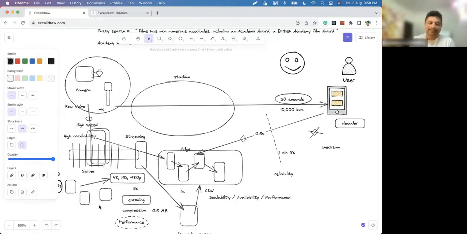You may use a bigger chunk size also, because you have all the content and all the time available to do the pre-processing, and you just have to ensure that at the time of release, you have everything ready, right? And then the user can view it anytime. There is no problem with that. So if you simplify this architecture, it becomes the architecture of any other channel which provides recorded content, right?